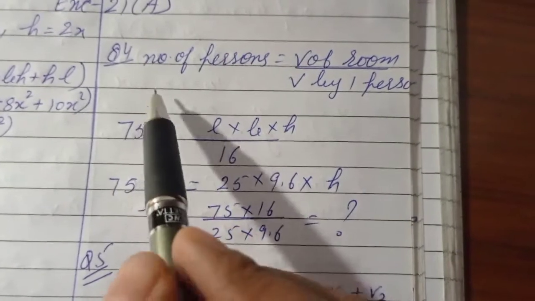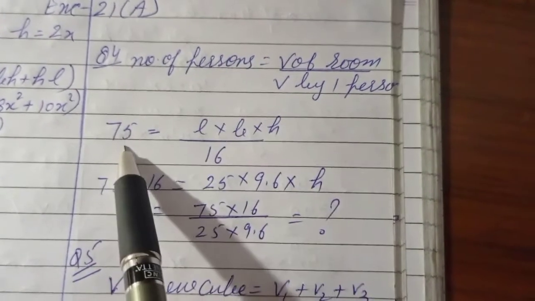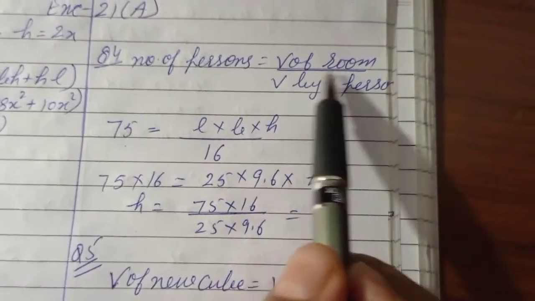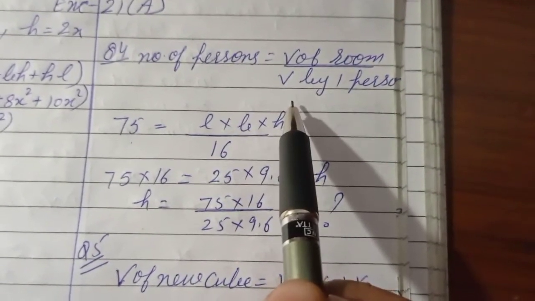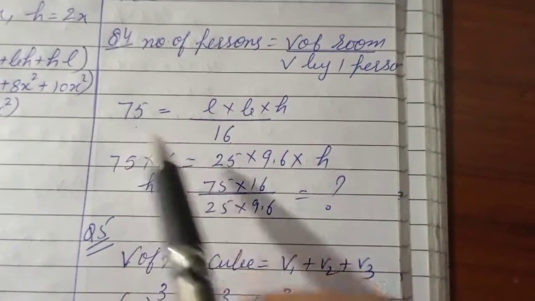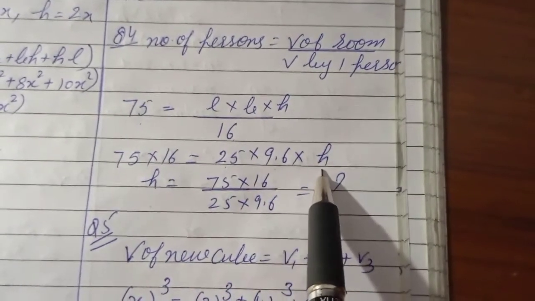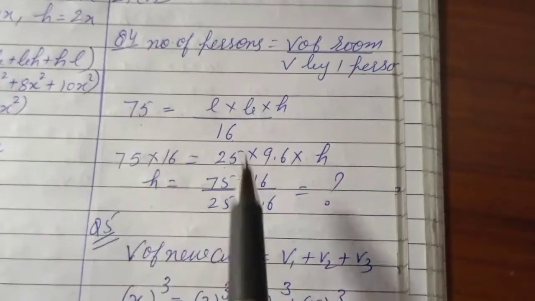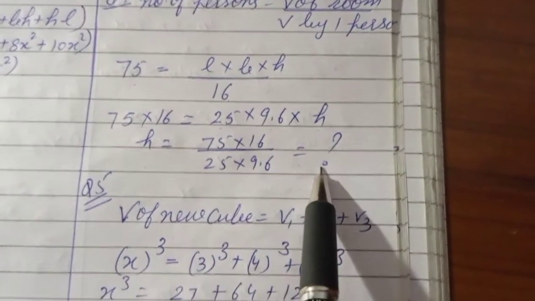Question number 4, 75 persons can sleep in a room. That means the number of persons is given to you and the dimensions of the room, LBH, we know the volume, and it is given that the volume occupied by one person is 16 meter cube. See children, in this case length is given, width is given, and we are asked to find the height. Take 16 this side, then divide it by 25 and 9.6, solve it, and that will be the height